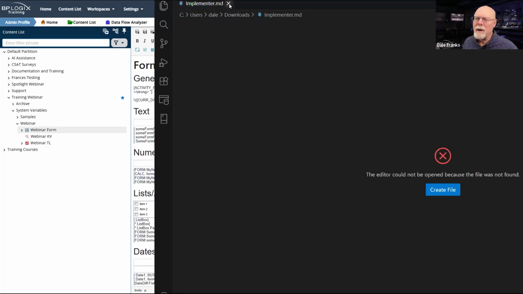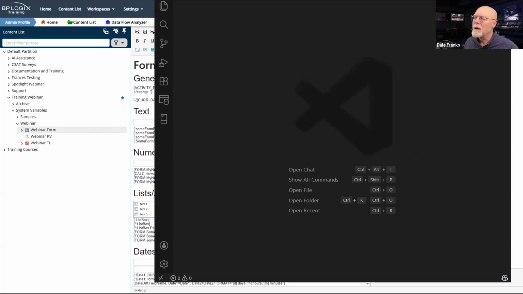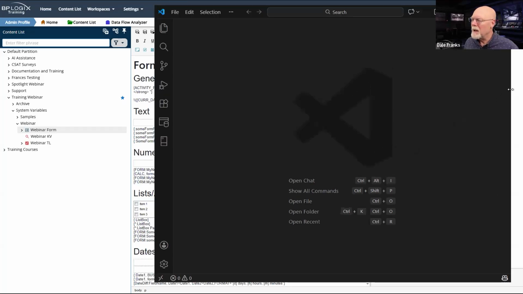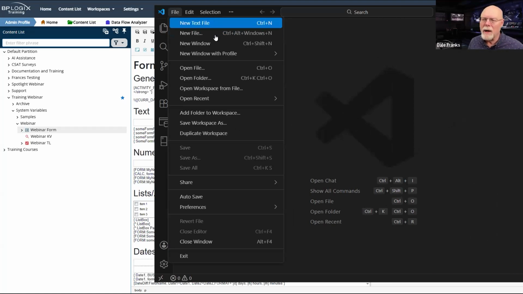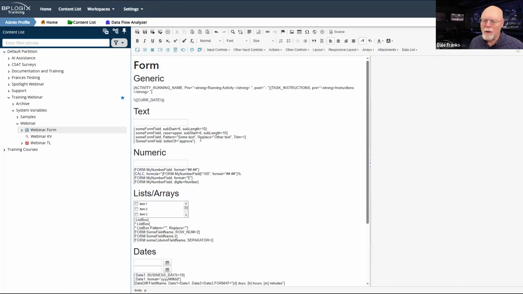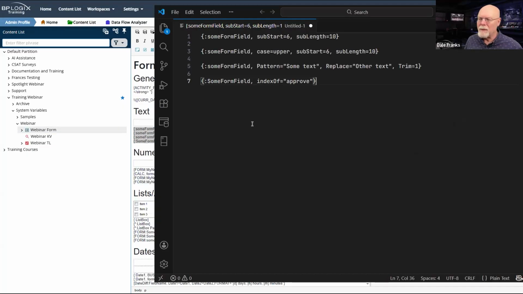Let's make it small enough so that you can see it here on the screen. I'm going to have it extend off to the side a little bit so I can do my clicky thing back and forth. Let's create a new text file. And we'll just grab these 4 system variables there and paste them there. That should be a little easier to see.